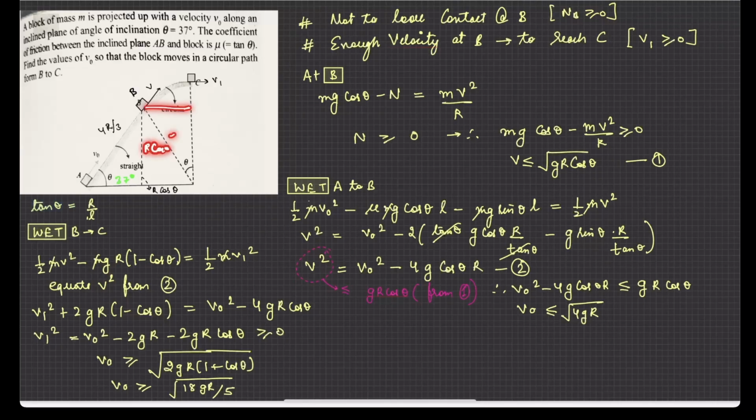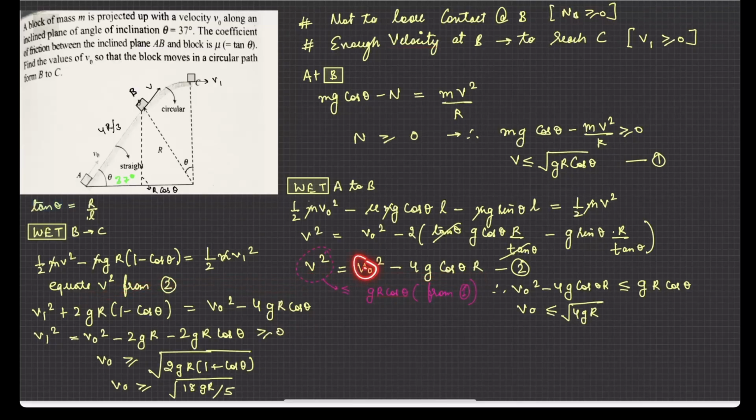So this value is total r, this is r, so this value comes out to be equal to r minus r cos theta. This is half mv square minus mg r into 1 minus cos theta. Final velocity is half mv square. Now v square, we have got the value of v square here, so we just put the value of v square here